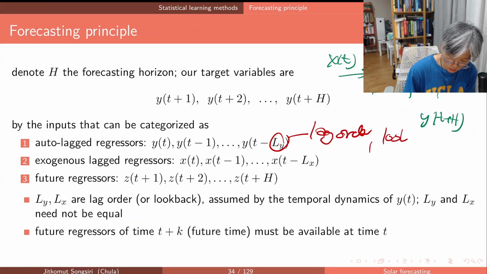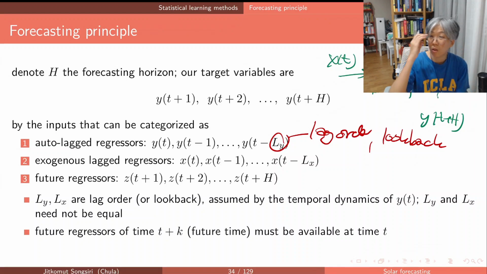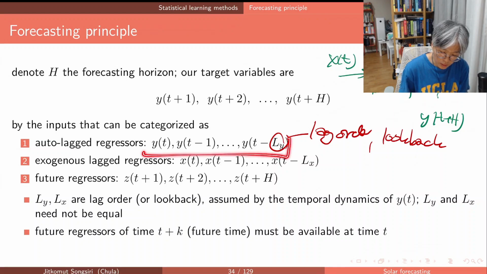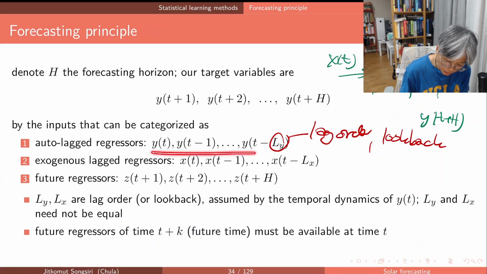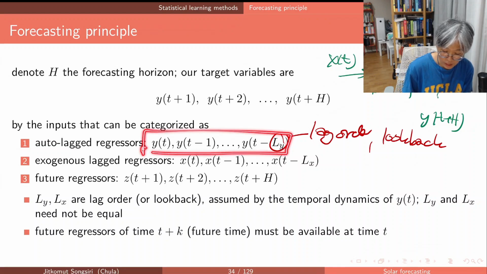Sometimes in deep learning models, people use the term look back because you want to look back in the history. These rely on the assumption that your y, the variable you want to forecast, has a temporal dynamic. When a variable has a temporal dynamic, it means that the value of yt depends on its own past values. So that's why you attempt to include the past values,